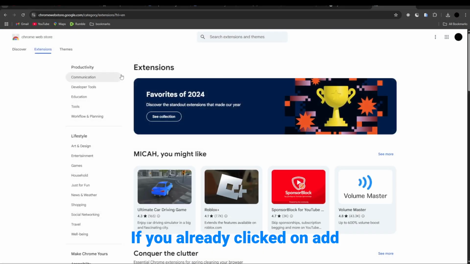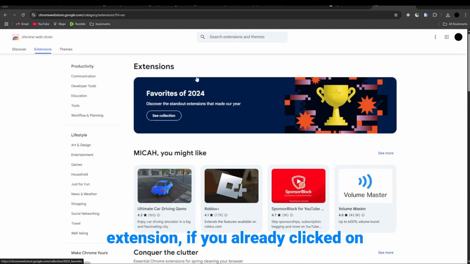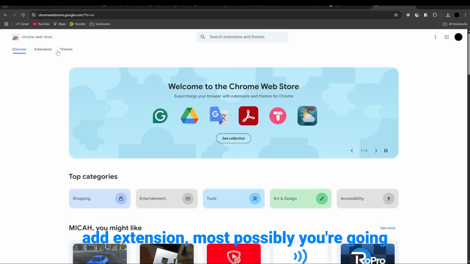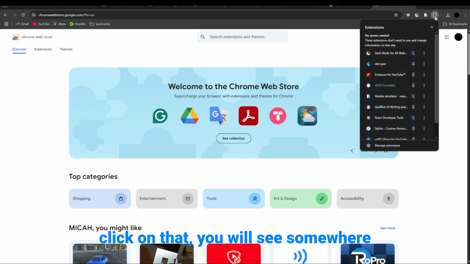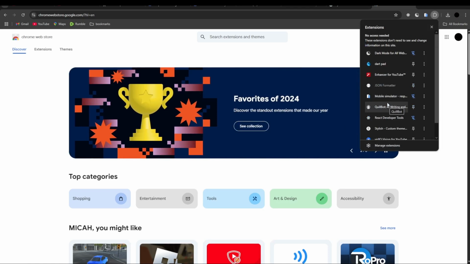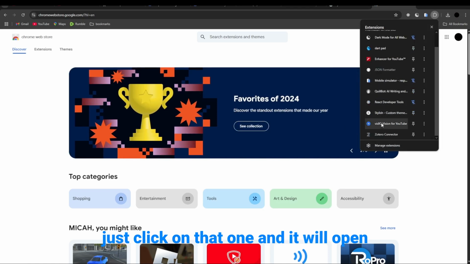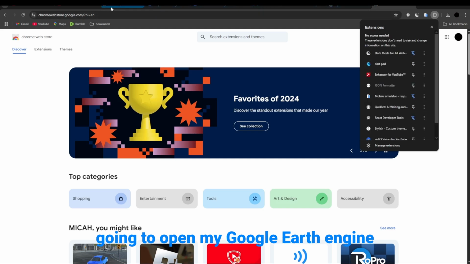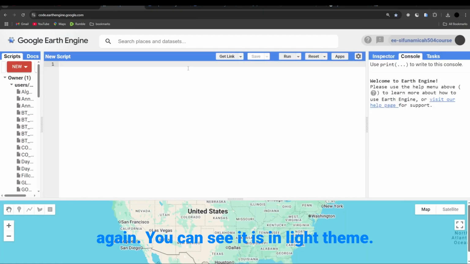So if you already clicked on add extension, most possibly you are going to see it under extensions. If you come here on the extensions and click on that, you will see it somewhere under your extensions. Just click on that one and it will open up the stylish Chrome extension. So I'm going to open my Google Ads Engine again. You can see it is in light theme,